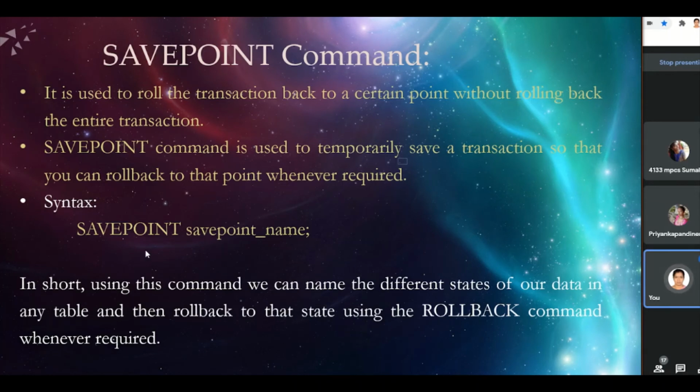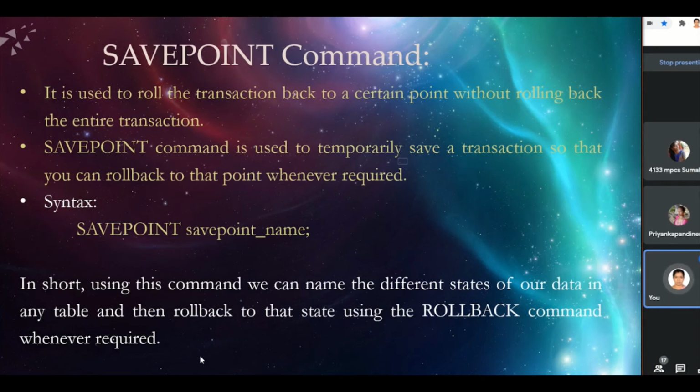Savepoint can be used like this. The syntax is SAVEPOINT name. We have to give some savepoint name, and by using the savepoint name, we roll back to that point. Using this command, we can name the different states of our data in any table and then roll back to that state using the rollback command whenever required.